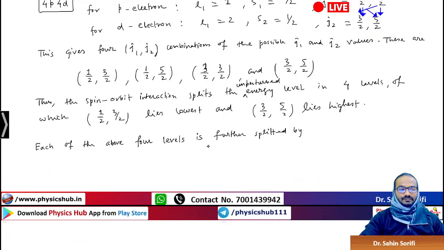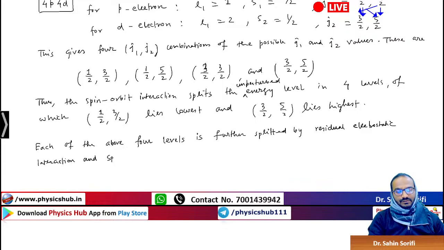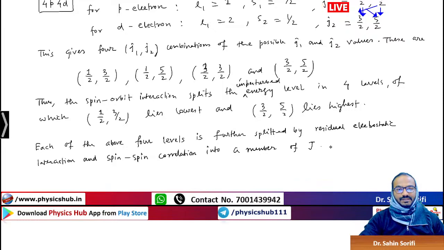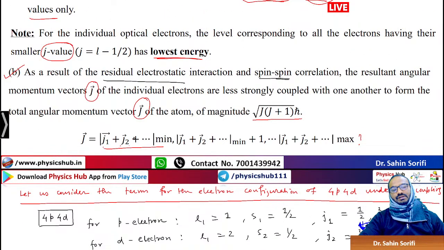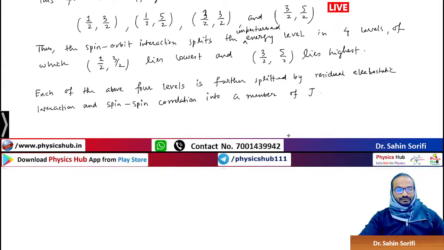Further split by residual electrostatic interaction and spin-spin correlation into a number of J. And you can see the values of J, J1 plus J2. So the minimum combination out of the J's, separated by 1 unit, you will have to go up to the maximum out of the J's combinations, into a number of J levels,